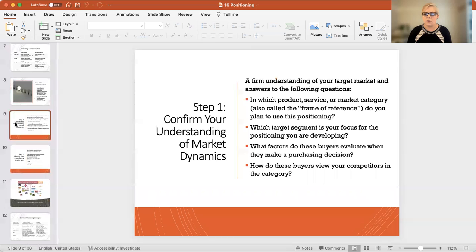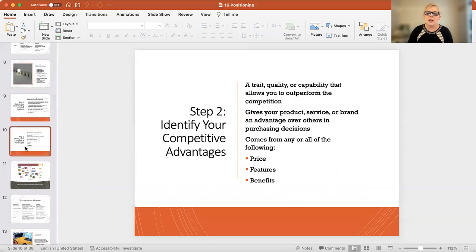And what factors make our buyers evaluate and want to choose us when making the purchasing decision? Identify the competitive advantages. Do we compete on price, features, benefits? What is it? What is our point of differentiation and how do we compete? Why would someone choose us? What's our trait or quality or capability that gives us an